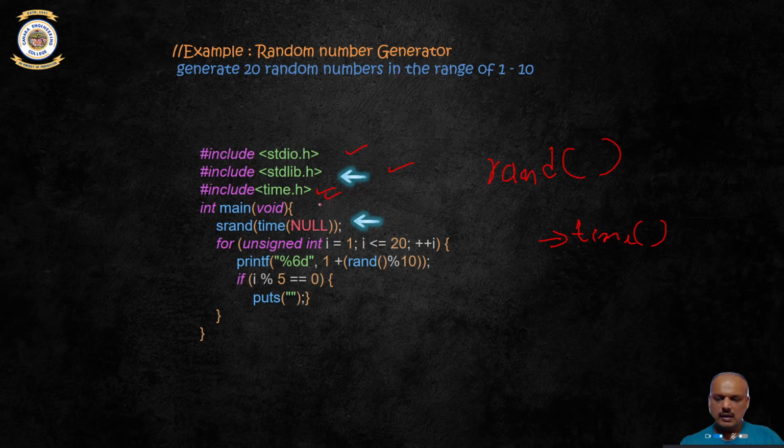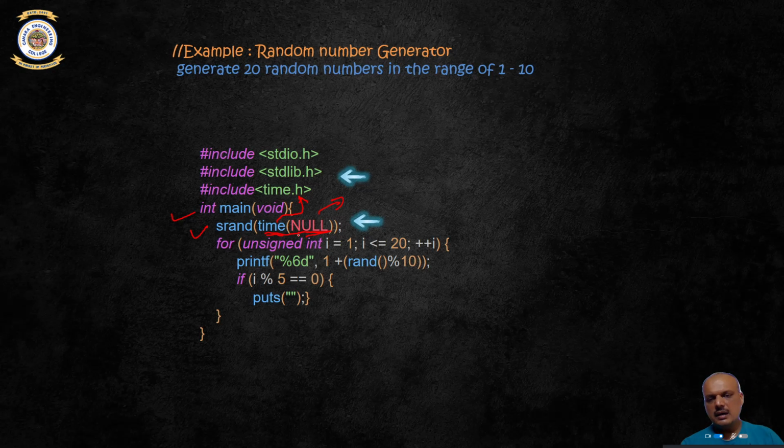Okay, so let's see how to use this. In the main function I have called the function srand. srand stands for seed of the random number. The seed of the random number is initialized from the time of the system. The time function here is from the time.h header file, and a null pointer is passed to it. What the time function does is return the system time, and